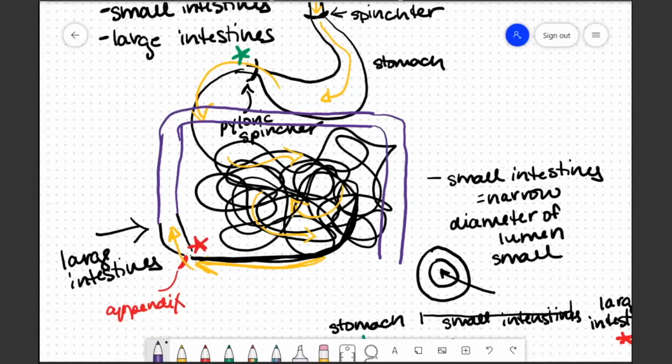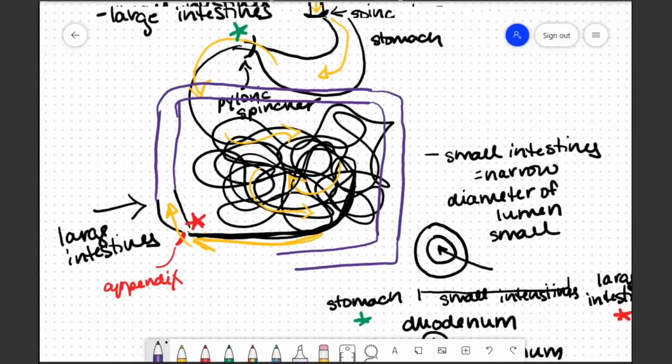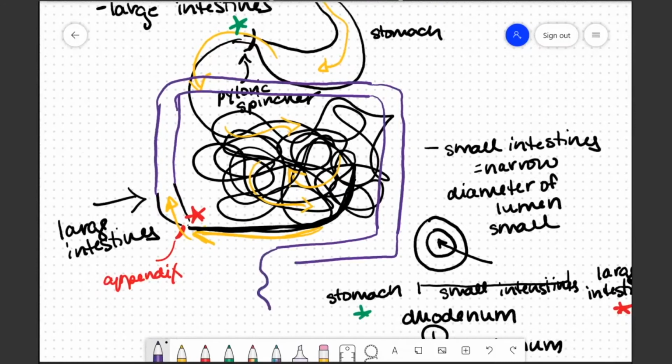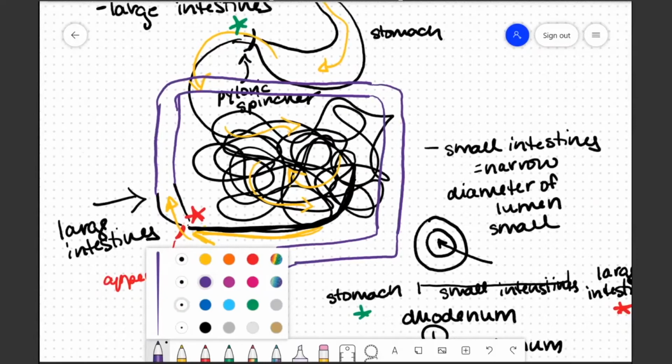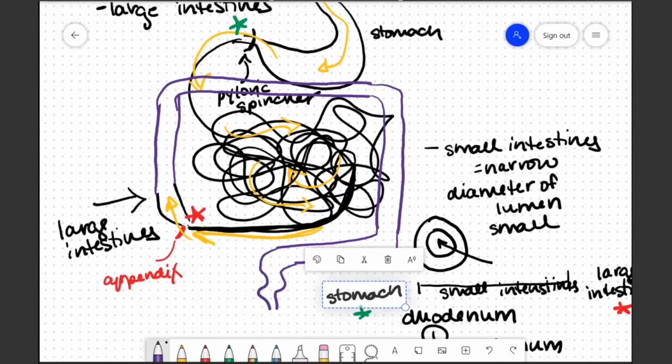This is all large intestines, so it kind of makes a little box on the top. And then it'll come down the bottom right here, and then this section will actually become the external exit of the large intestines. So this is your large intestines. It's essentially this lovely little box. And then if we were to name these as well, they are going to have names. So the part that is going right here, you'll notice our food stuff has come up into our large intestines. This is going to be